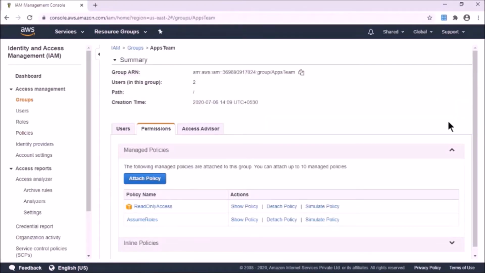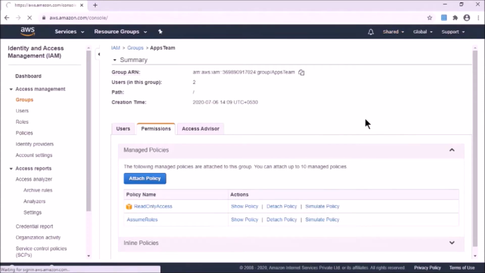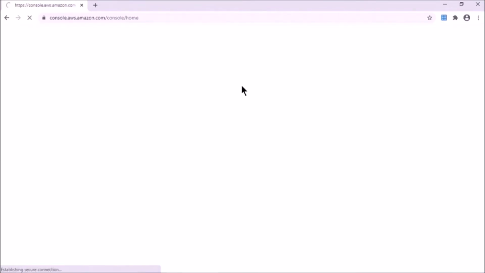Now the users have been created in the shared account and access has been provided into the apps dev and apps prod accounts by creating the roles. So let's go ahead and test the access now for the users. I will log out from the admin here and I will log in to my shared account with Vipin first.